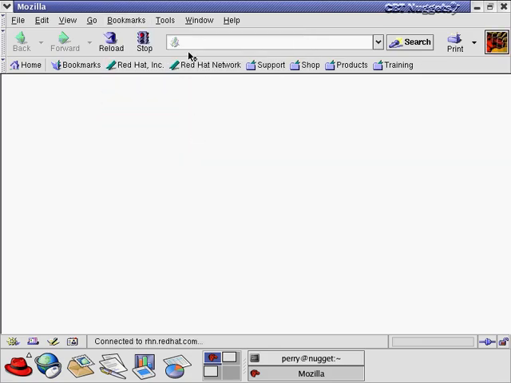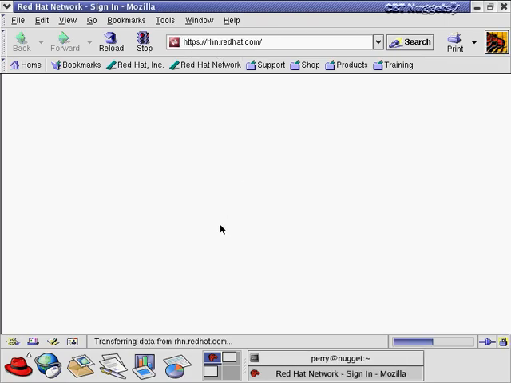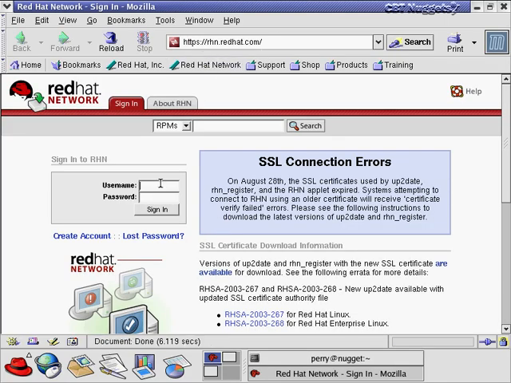The address of this is rhn.redhat.com, and you'll see that pop up here in a second. There we go. Then you sign up for this, and you have a username and a password, and I'm going to log in here. And now what's going to happen is